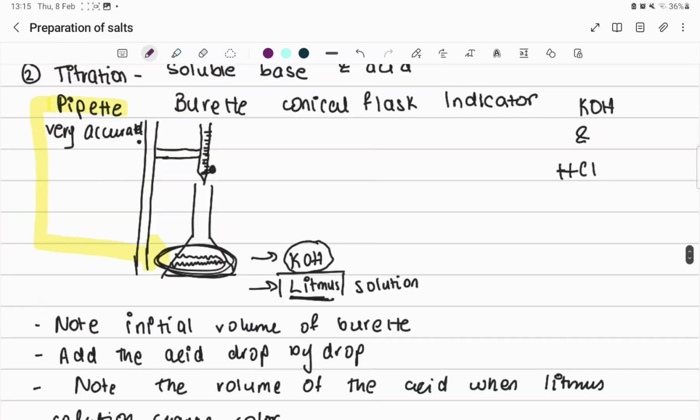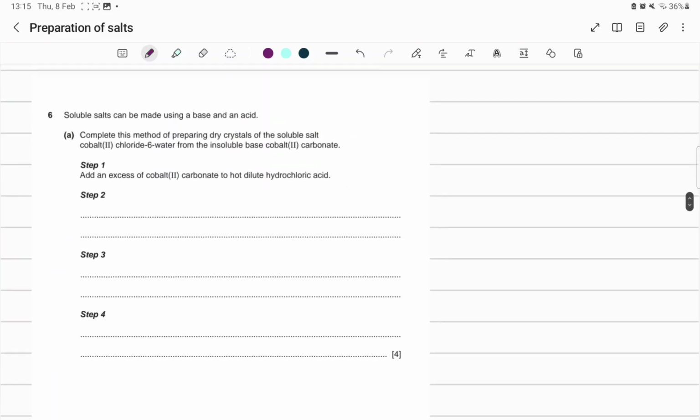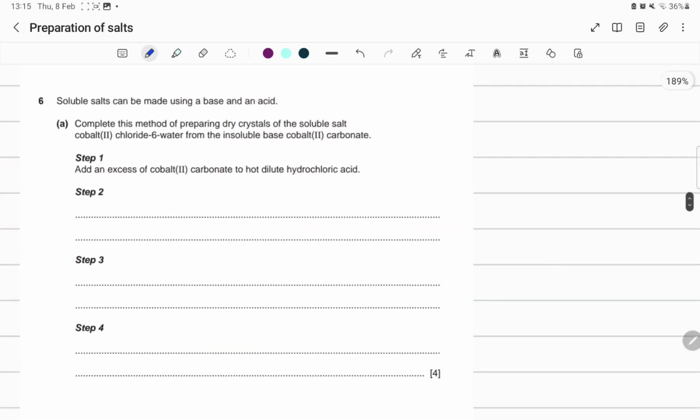Let's move on to the past paper question that I had planned. Okay. So, soluble salts can be made using base and acid. Complete the method of preparing dry crystals of the soluble salt cobalt chloride 6 water from the insoluble base of cobalt carbonate. So this is the insoluble base. We know that this is the excess method. And you will also know that because they've given you step 1, which is add an excess of cobalt carbonate to dilute hydrochloric acid. So the next step would be to stir